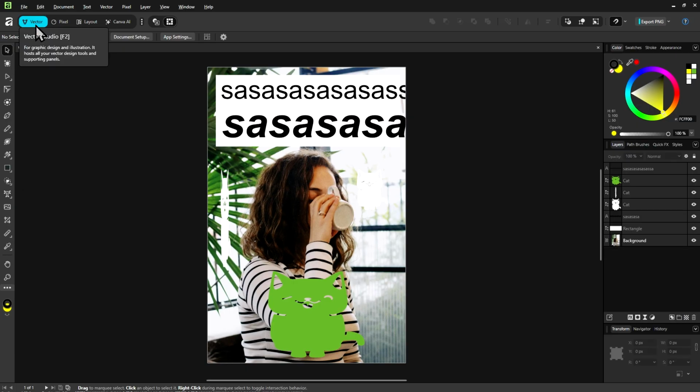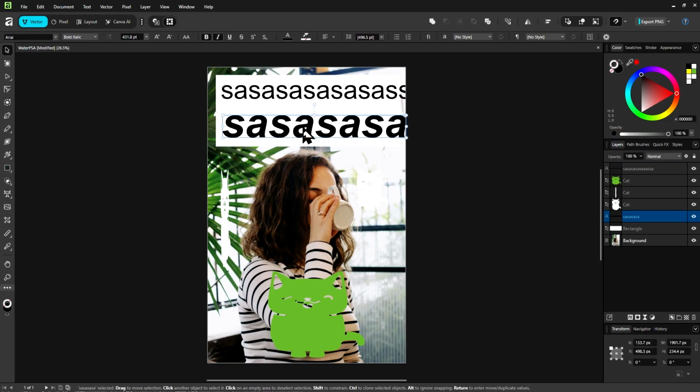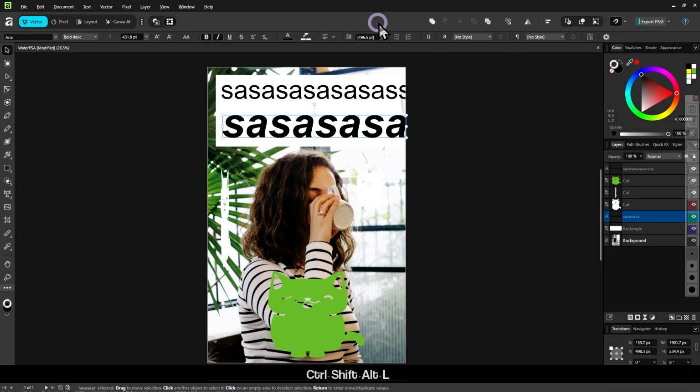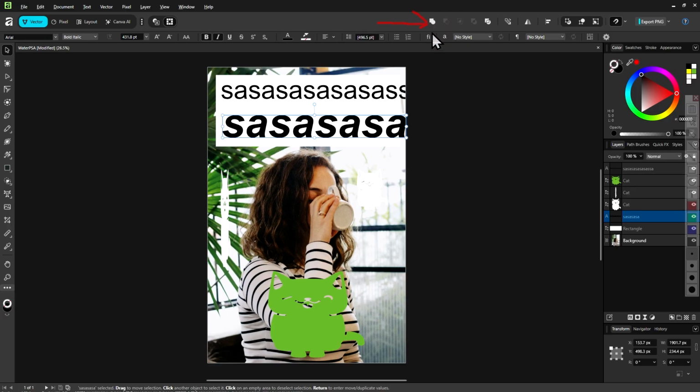This is the studio for making icons and logos, by the way. Now we want to make sure we are on the Move tool, and then we want to select something in our image. I would probably select this text here. Remember, if you want to select something, first make sure you are on the Move tool and click on it. And once we click on this text, we can see all the tools here that we can use on this text.